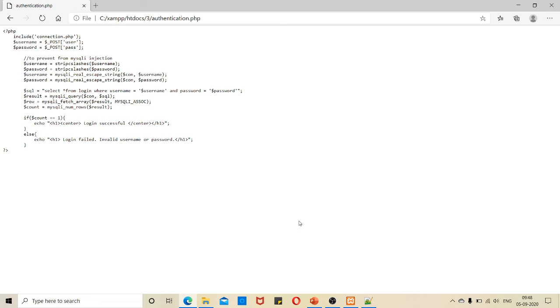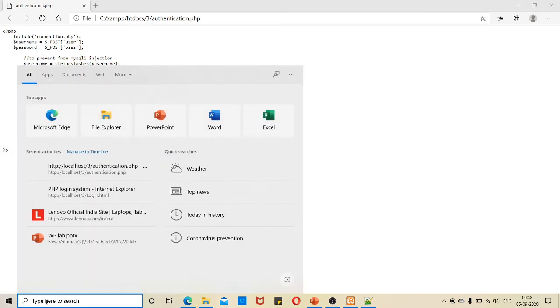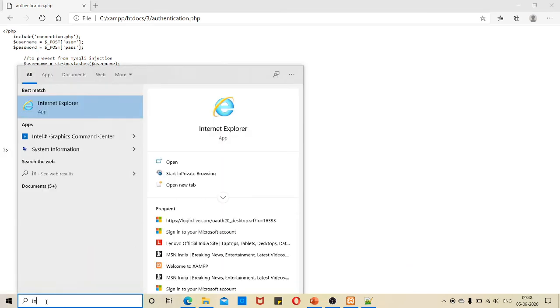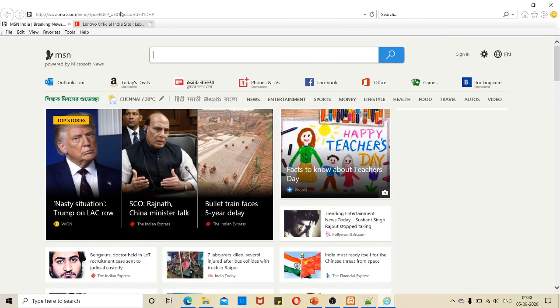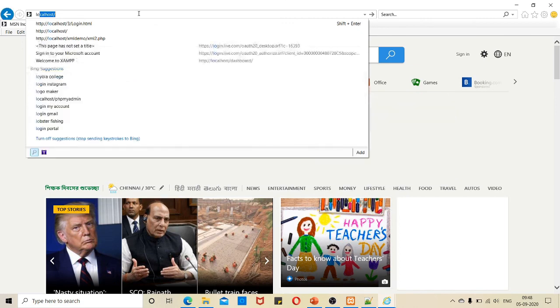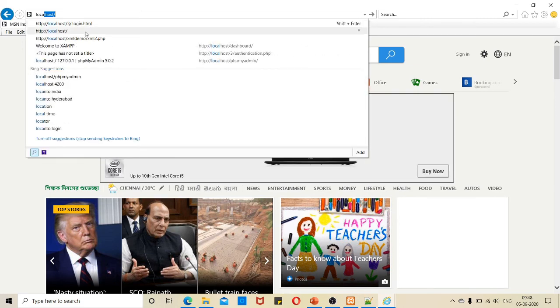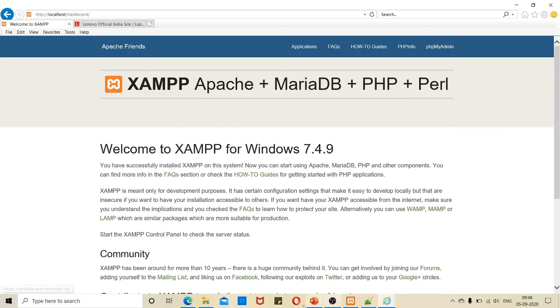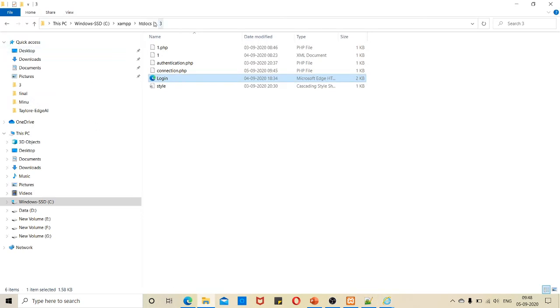As of now we haven't made it a web service and hosted it on a server. So what we have to do is go to the localhost. Let me use Internet Explorer because some error may appear in Edge. So go to your localhost, and you know very well my coding is in folder 3.